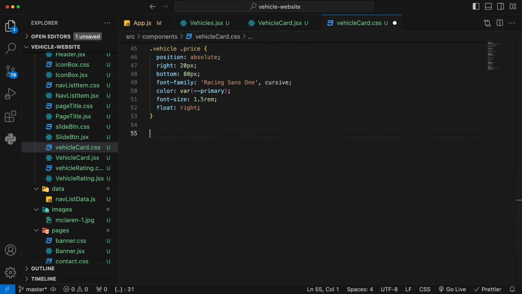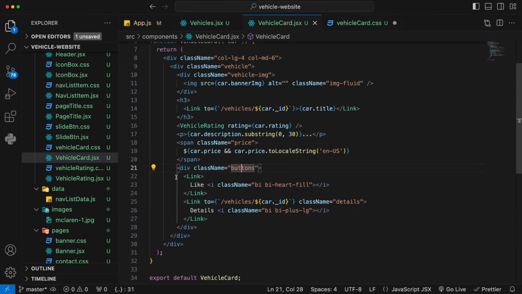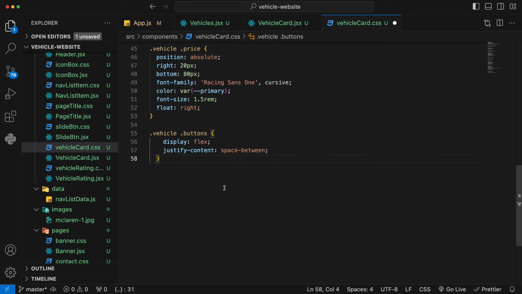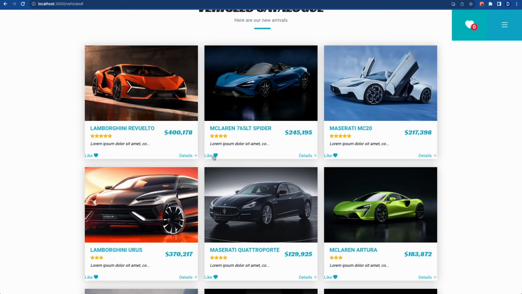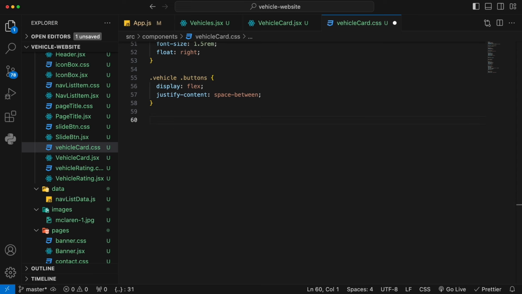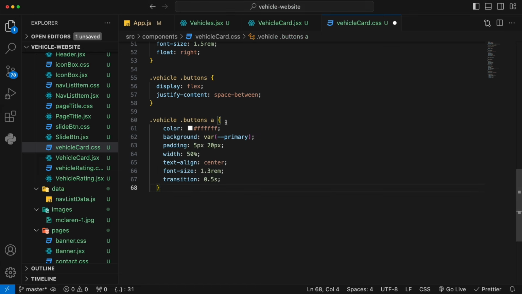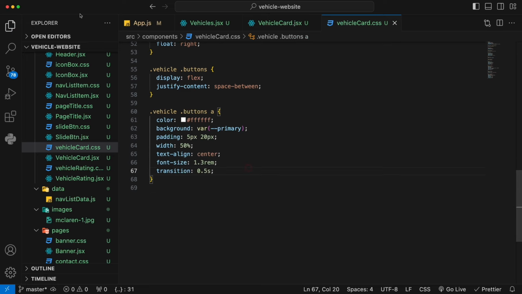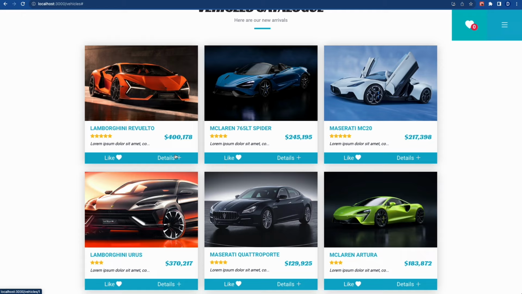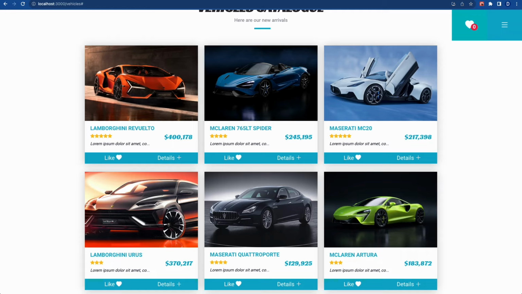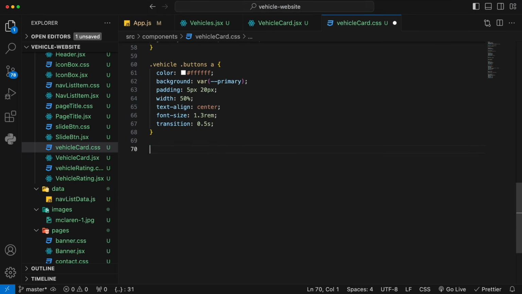So down here, first let's make a generic setting for those two buttons. We want to make sure the button class, which is this one that wraps the two buttons, has a display of flex and space between. So those two are sitting on the edge of the card. And then for each of those, we'll have some generic setting. For the anchor tag, we make sure the color is white, background color is the theme color. And then you will go back, you will see both of them look the same, but we can make sure one is different from another